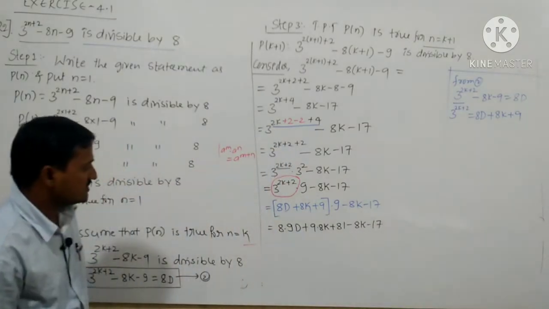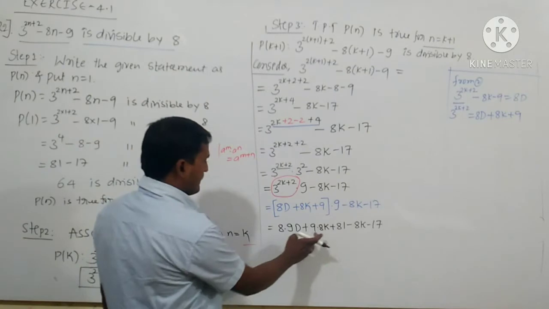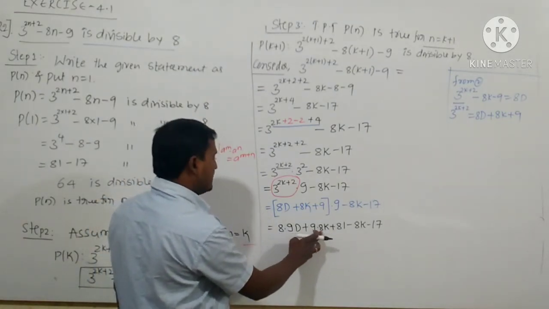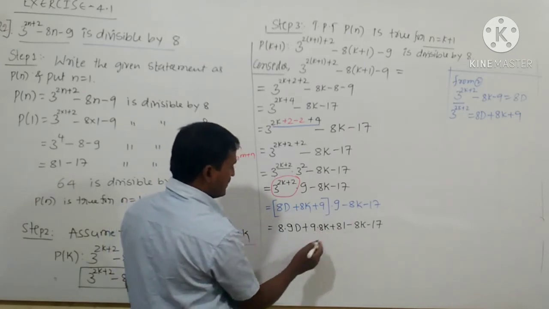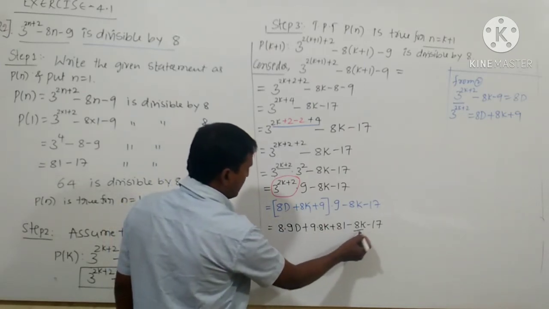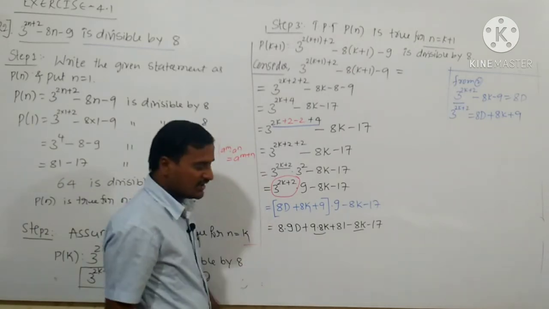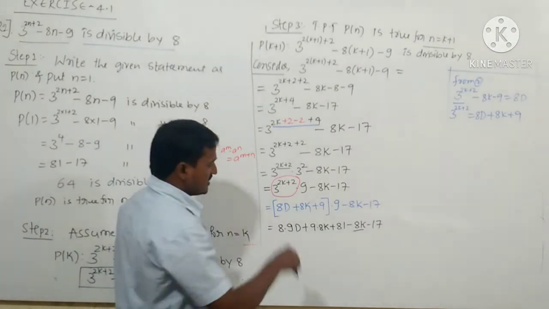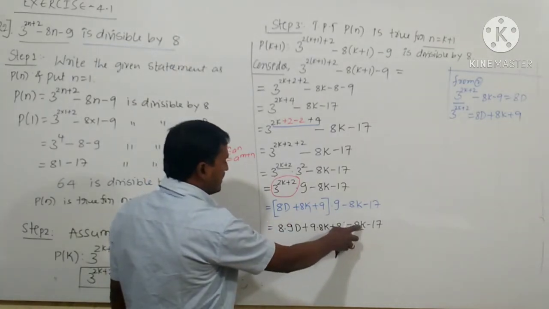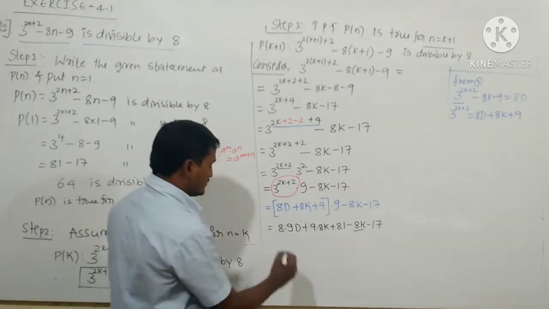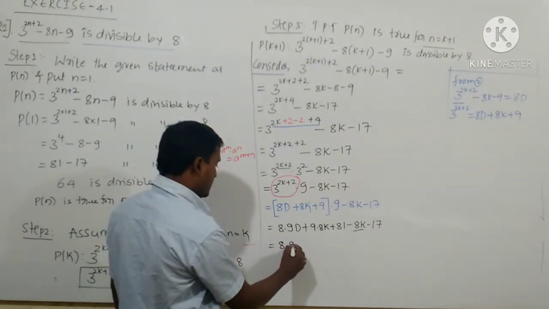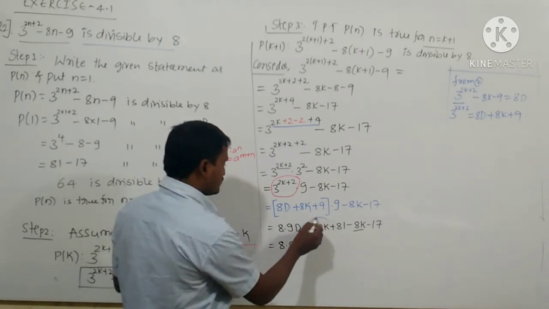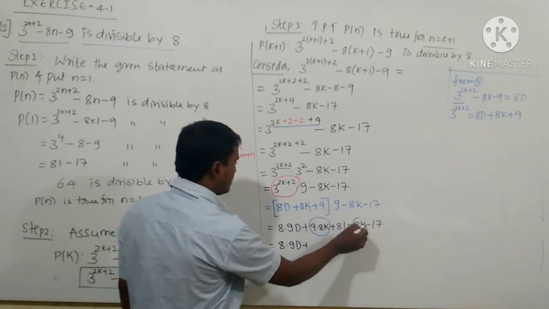Okay, right. Next, here it is 8 into 9d plus 9 into 8k plus 81. See here, one 8k is there. So here how many 8k are there? 9 8k are there. Subtract 1 8k from 9 8k. So here what you are getting, 8 into 9 times d plus, by subtracting these two,